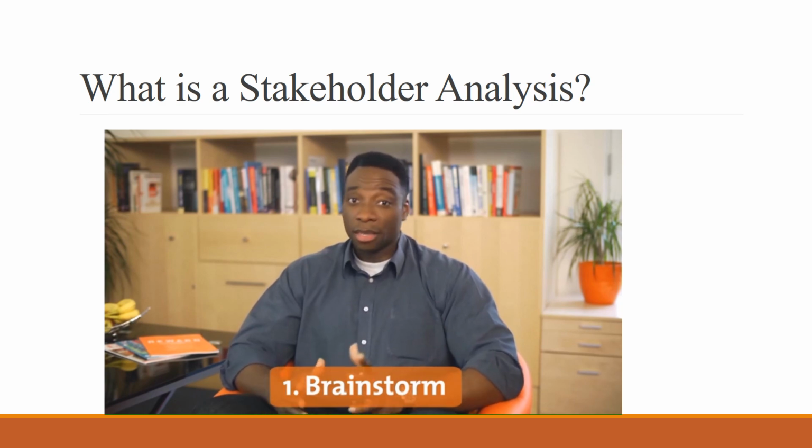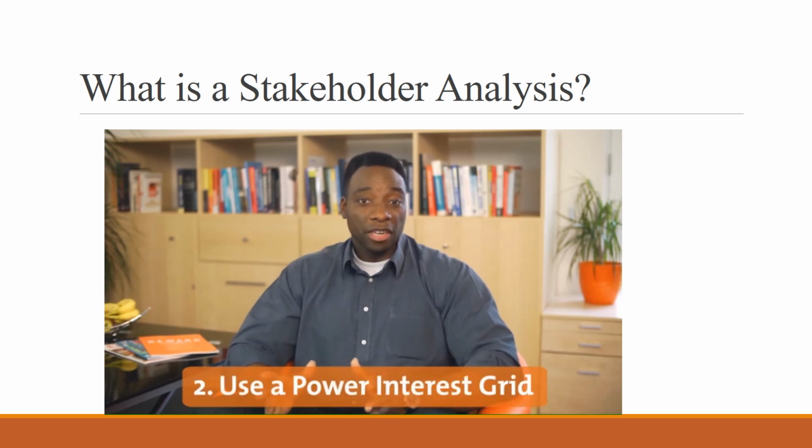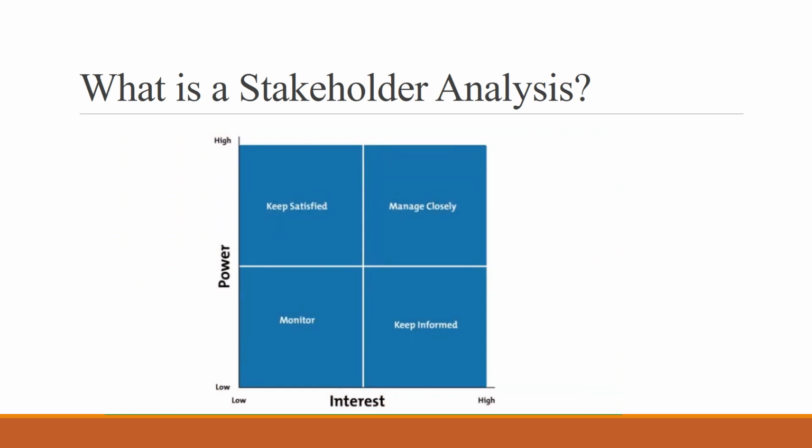In step 2, you're going to plot all of these people on a power interest grid to get a visual representation of their influence. As you can see, it's divided into 4 quadrants. The actions you take will depend on where they are on the grid. Plot people vertically based on how powerful they are, and horizontally based on how much interest they have in your